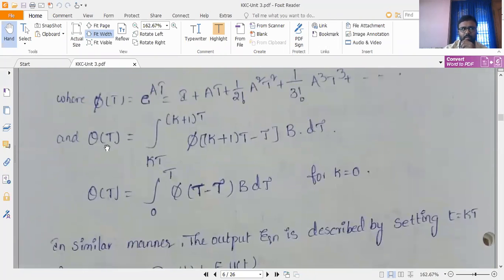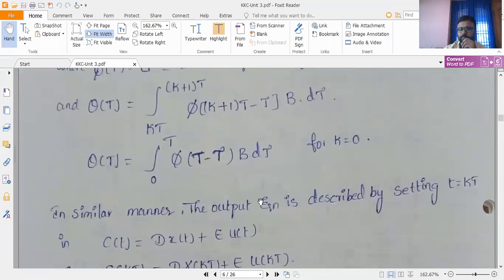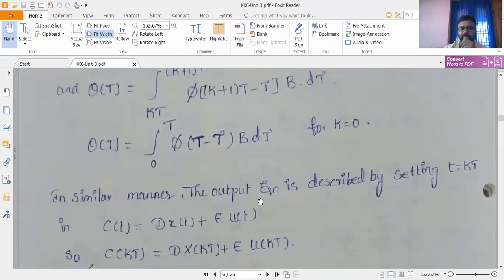Therefore, theta of t can be taken as the integral from kT to (k+1)T of phi of ((k+1)T minus tau) into B into d tau. That is, theta of t is equal to the integral from 0 to T, with the consideration of k equal to 0, of phi of (T minus tau) into B into d tau. Okay, so in a similar fashion,